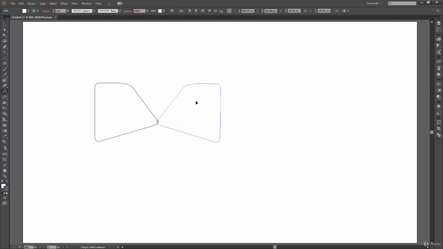Now why do I say vertical axis? Because it has mirrored across this axis. Okay, so you will be able to notice it now. So select our reflect tool, position the reference point, and now when you move your shape, you can see it has been reflected. So click on OK, and there I go.